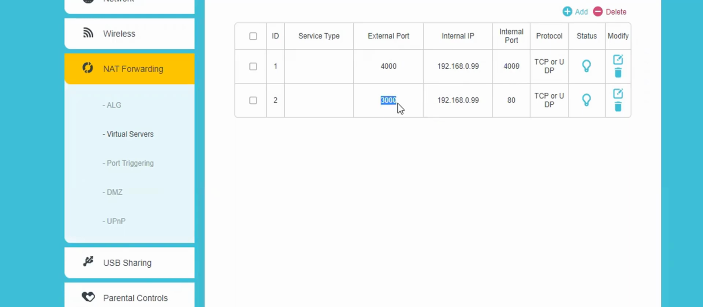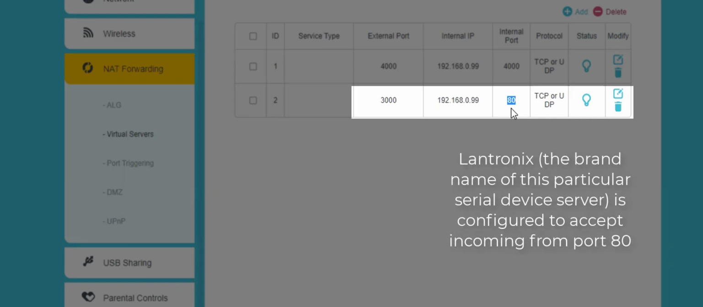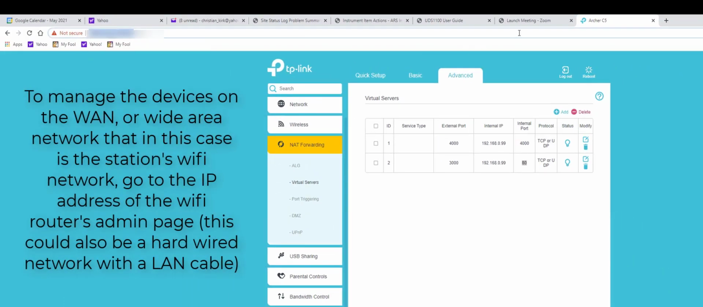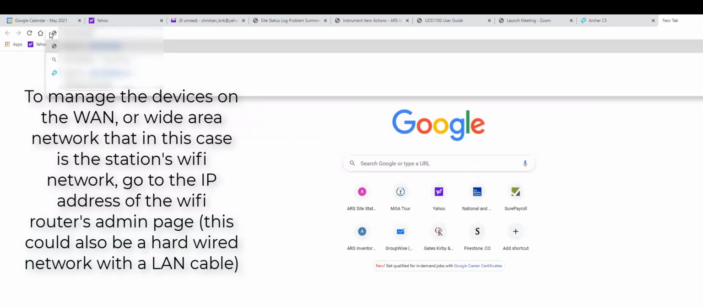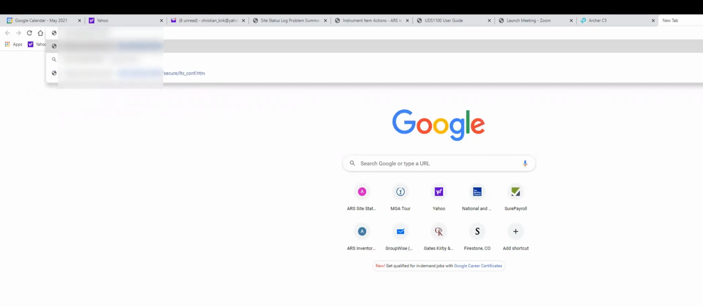So I've specified an external port 3000 that I'm going to use from my office to connect to that same IP address, but on port 80. And port 80 is the HTTP server port the Lantronix is configured to accept so you can look at its settings. So I'm going to use the WAN IP address, which you can't see here because it's been blocked out for security purposes, on port 3000. And it should take me right into the Lantronix because I've already logged in before, so it shouldn't ask for the password information again